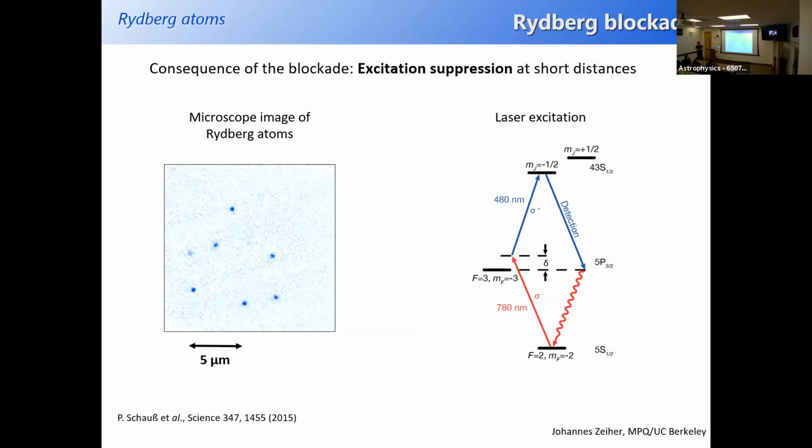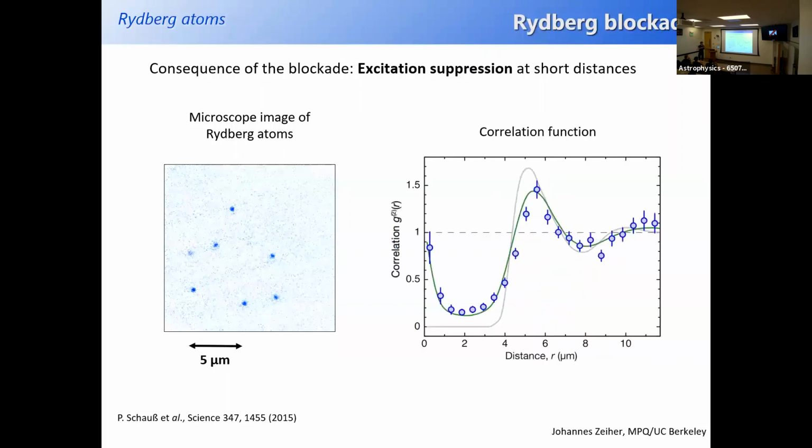We do that with a rapid optical push-out, such that, in this case, it's really a background image of just atoms that were in the Rydberg state. And then, once we have such an image, it's also very easy to evaluate whether there's some kind of blockade. The way we do that is by looking at a correlation function. So we basically check how likely it is to find another atom close by any single atom, knowing that they were in the Rydberg state.